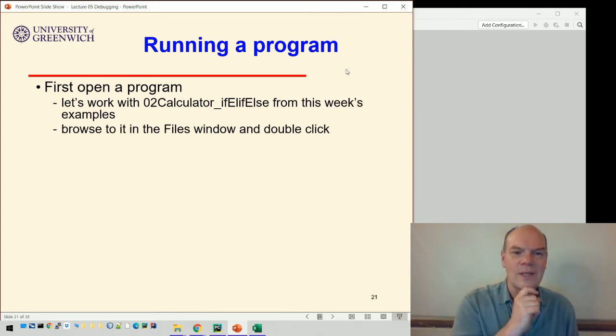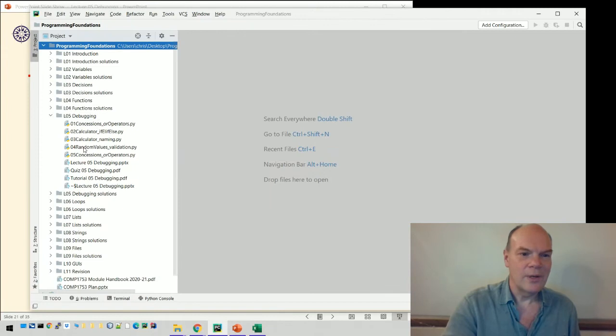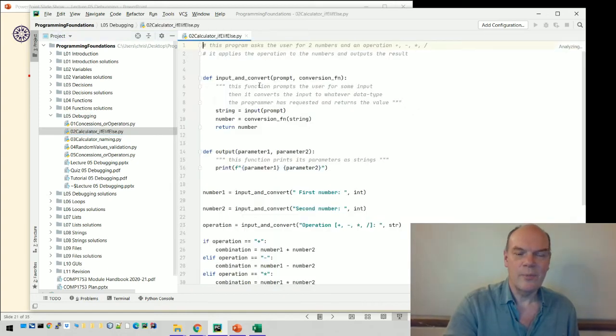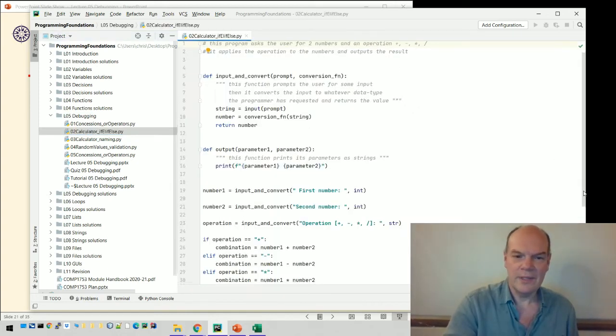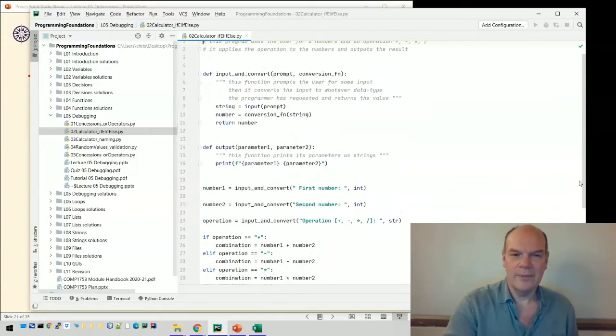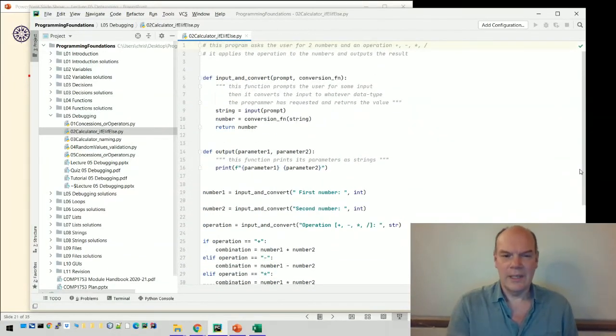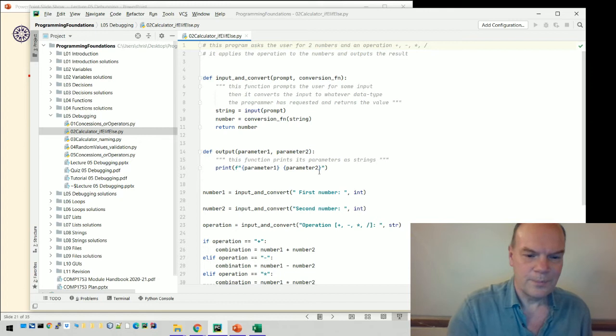Let's work with the if-elif-else calculator from this week's examples. So if we browse to it here, it's in this week's folder. Browse to it, double click it. It's going to appear in this window. There it is. So this should start to look familiar, this code. We've seen it before. And if I want to run it,